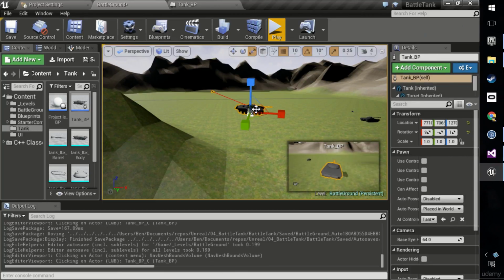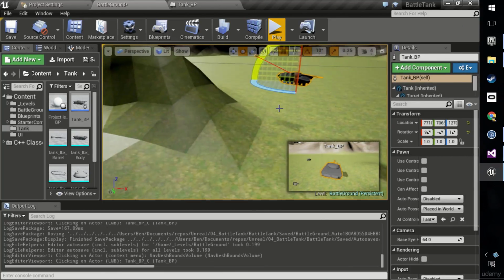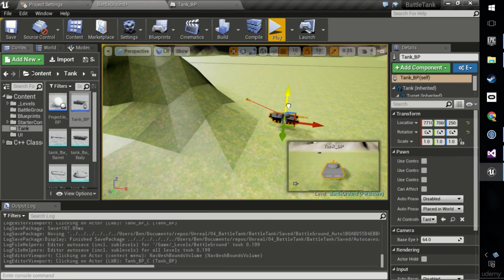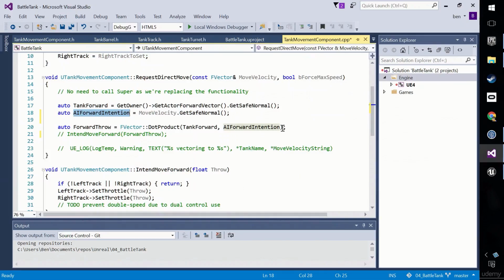All right, let's put this tank back in terms of rotations. Probably the easiest just to reset the rotator here. I'm going to put it back in terms of location. And then I'm going to give you a challenge,